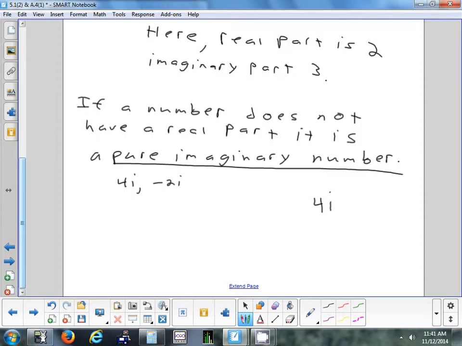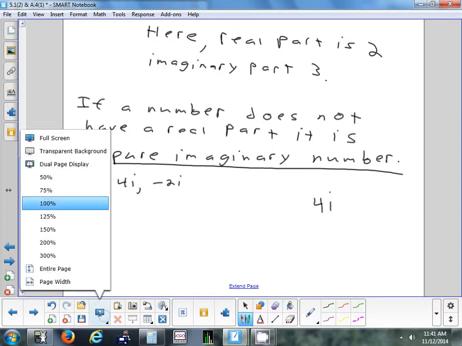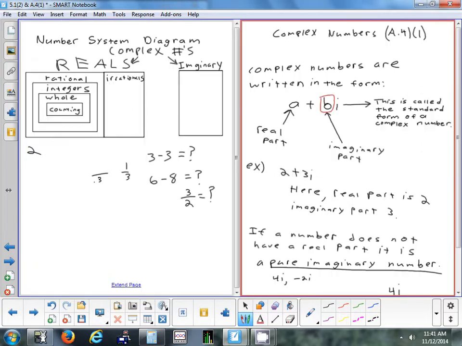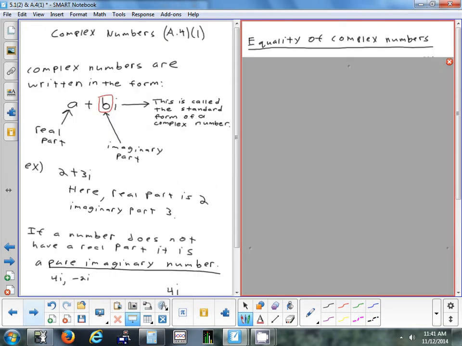Any questions on how you write a complex number, what the standard form of it is, or what a pure imaginary number is? All right,